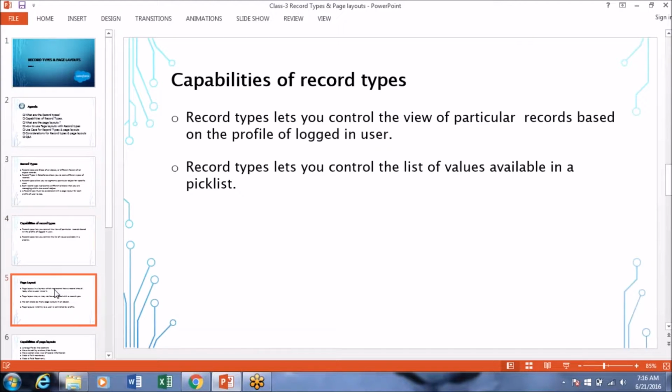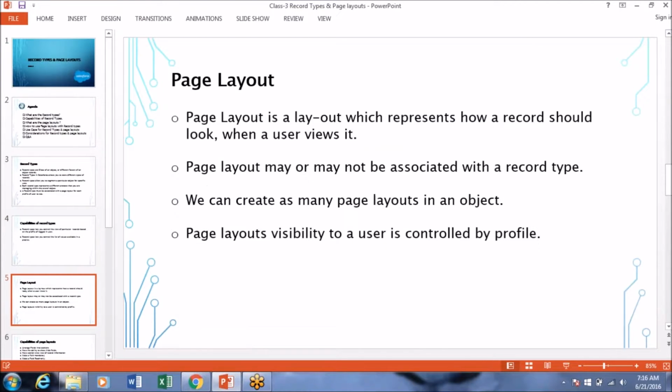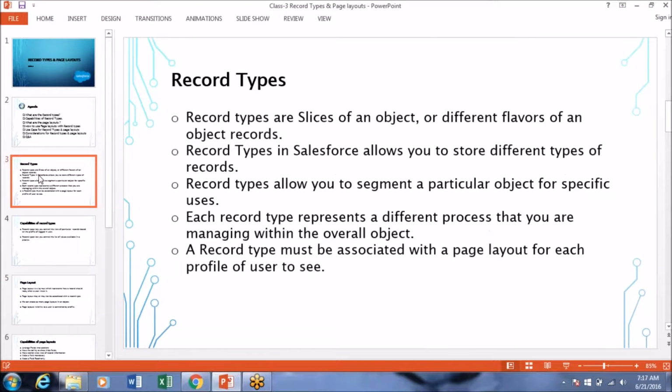Next we have the page layout. But before going to page layouts, I just want to clear up record types for you.